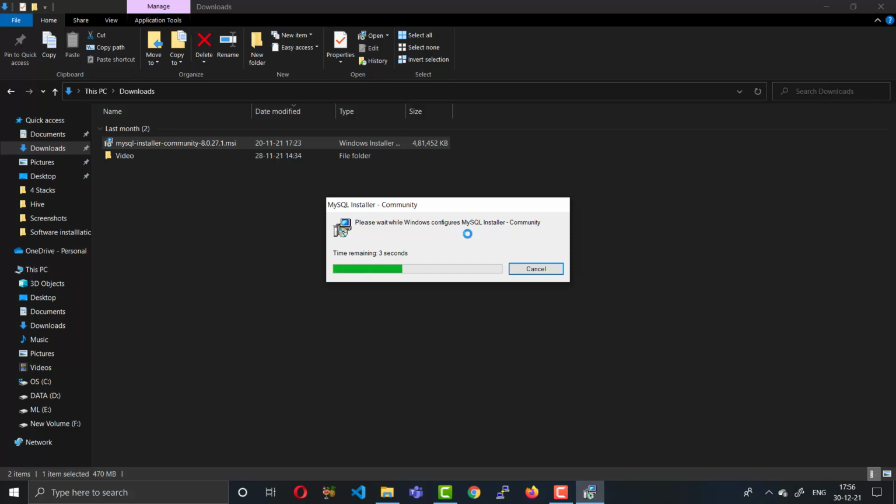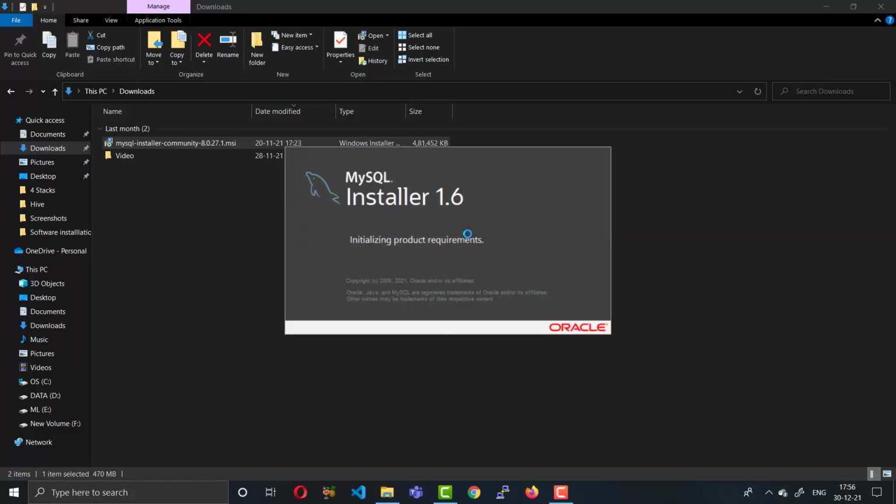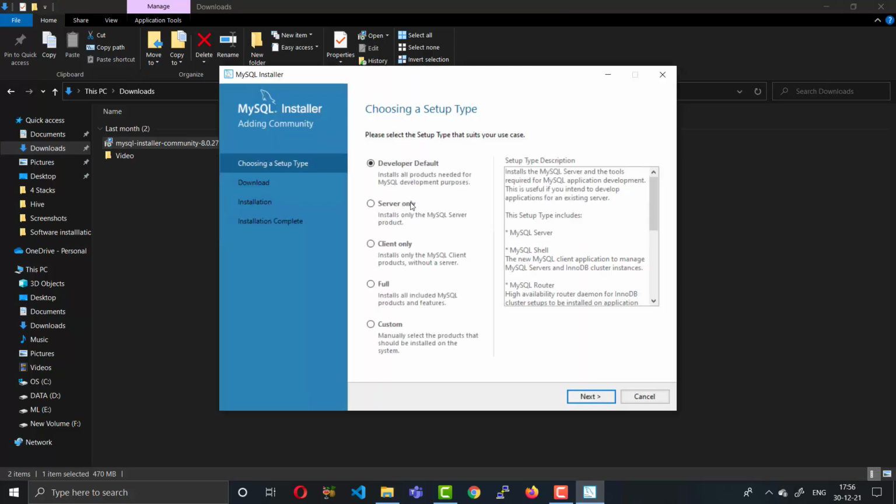Okay, now this pop-up window will appear. Leave the Developer Default mode, and click on Next.